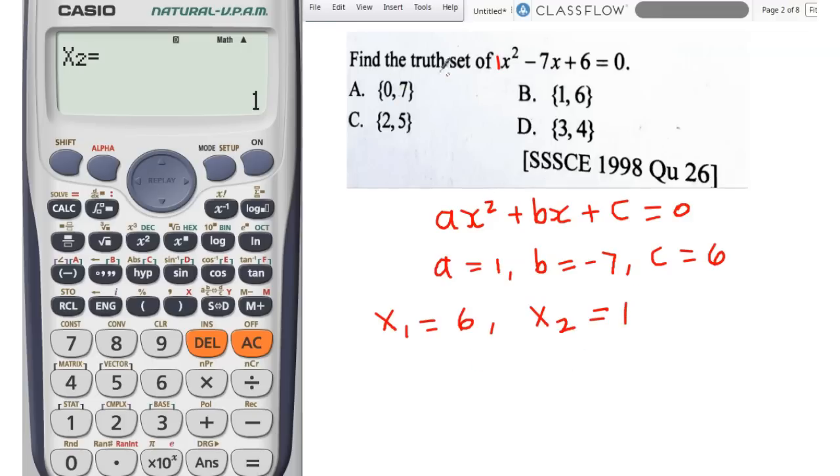So here they want you to write it as a two set. So a two set, you write the least number first, so this is 1, followed by 6. And ta-da, you're done. Hey, you make it so easy. Let's look at another one. All these things are past questions. This one was SSC